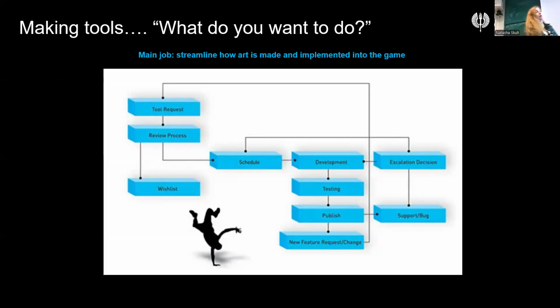Usually it goes from making the tools. It starts with what you need as an artist, creative, or designer. Let's say it's not just for art production. It can also be for narrative design systems. It can be for anything. Any content that goes into the product, they should be handling these tools. And that's the first question they will ask: what do you want to do?